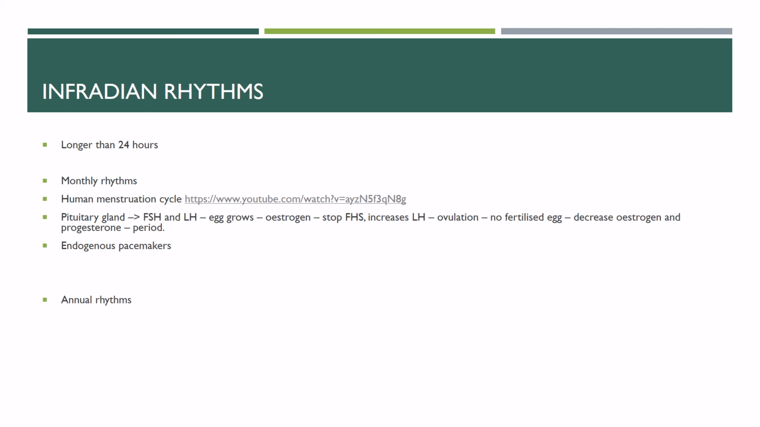Another type of cycle that's an infradian rhythm, that's an annual cycle, is the seasons. So an annual rhythm, another infradian rhythm, is the body's response to the yearly changes in the seasons, and this is to do with melatonin. So as you know that